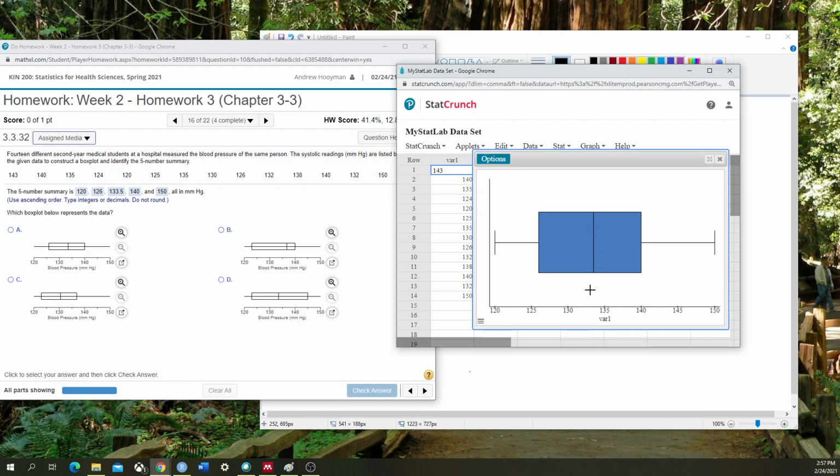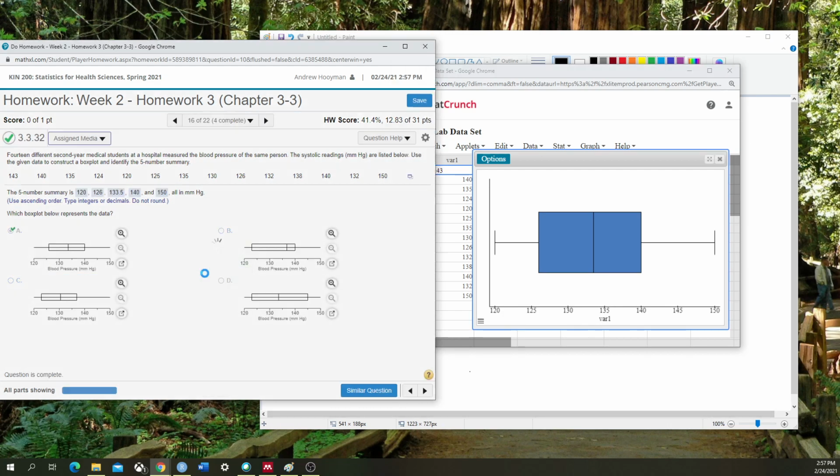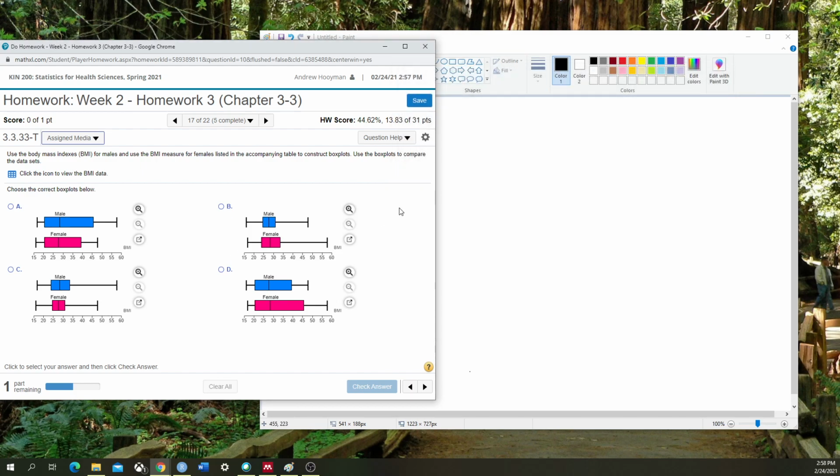I'm going to look where the median is falling, right below 135. So not that one, maybe that one, probably not that one. I'm narrowing it down between these two here. This range is a little too, I'm going to go with this one. Great. Now it's going to throw you a curveball here, and it's going to ask you to generate 2 box